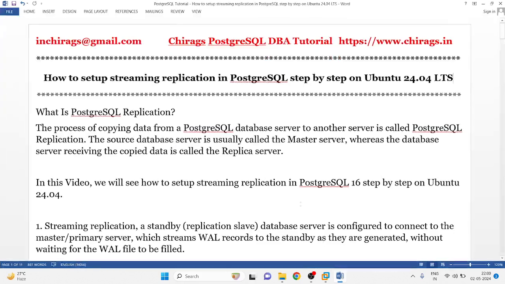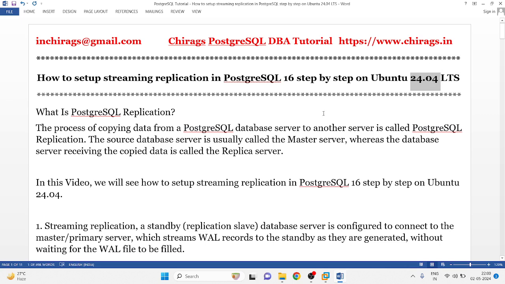In this video, we are going to learn how to set up streaming replication in PostgreSQL 16, a step-by-step process on Ubuntu 24.04 LTS. This is the latest release of Ubuntu 24.04 long-term support. So first thing we want to know, what is PostgreSQL replication and what is the